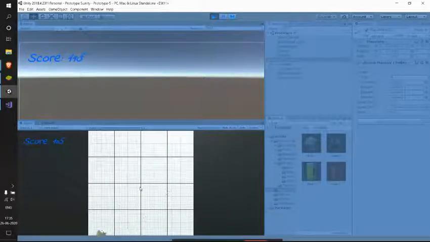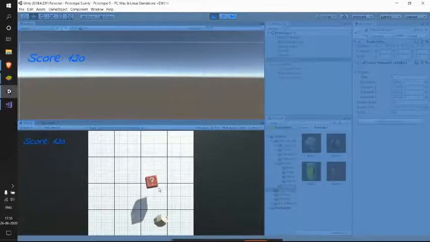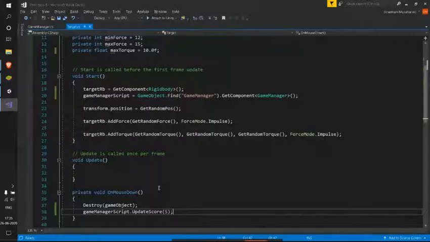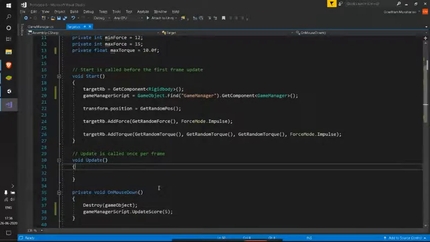So here, to have a specific score for each of our game objects, we can use a new variable in our target script. We want custom scores for each of our targets.